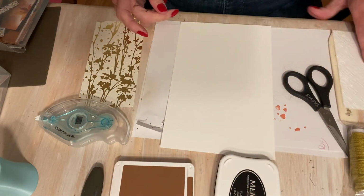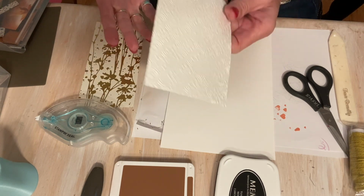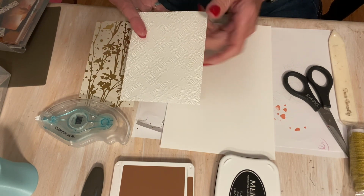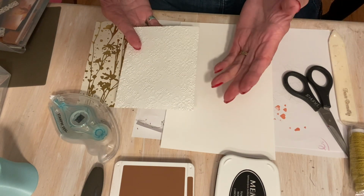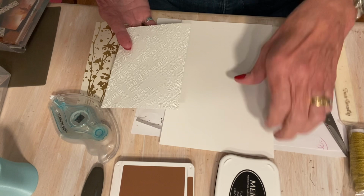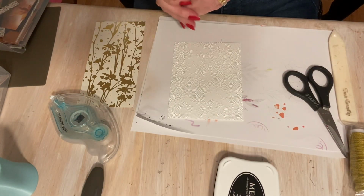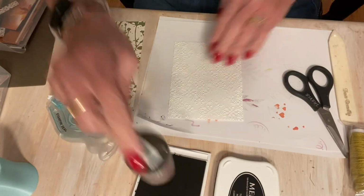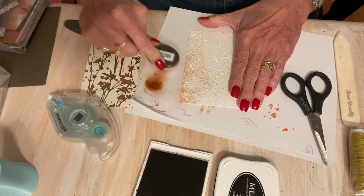And I have a piece of cardstock here. This is white cardstock that I cut out with the Distressed Tile 3D folder from the mini catalog, but I've never used it. And so I'm like, let's start with that. What I'm going to do first is take some copper clay ink with a blending brush, and I'm going to just do some color